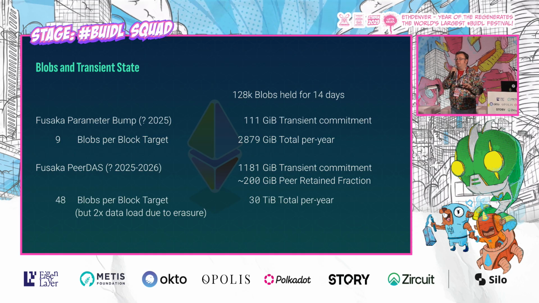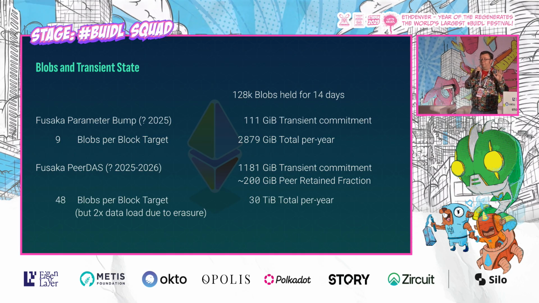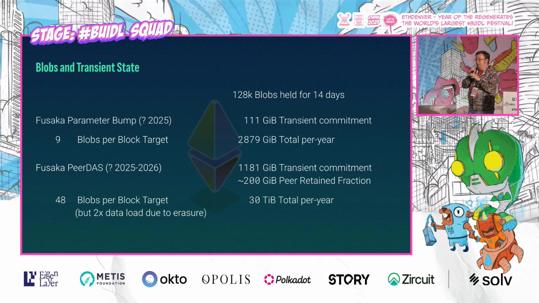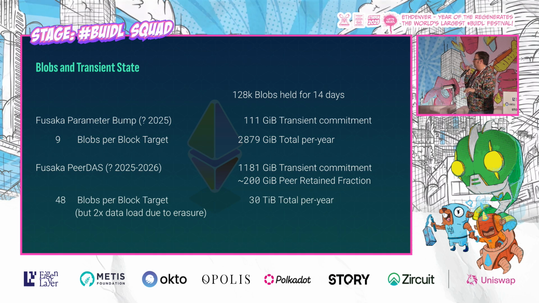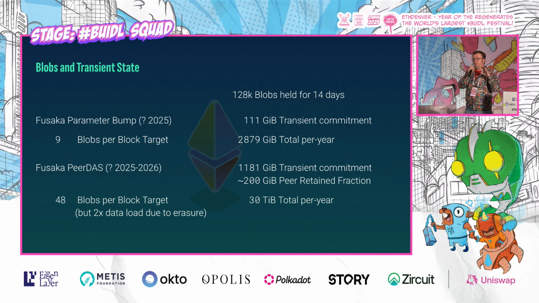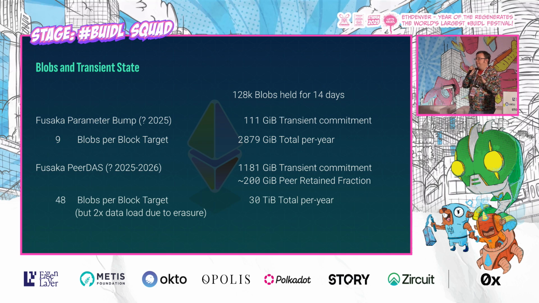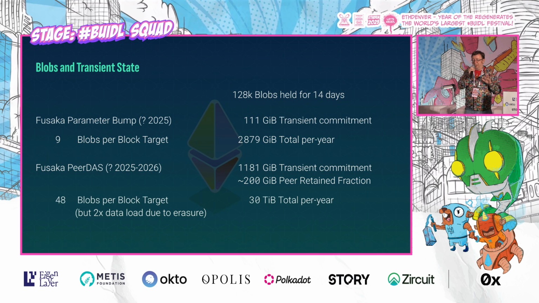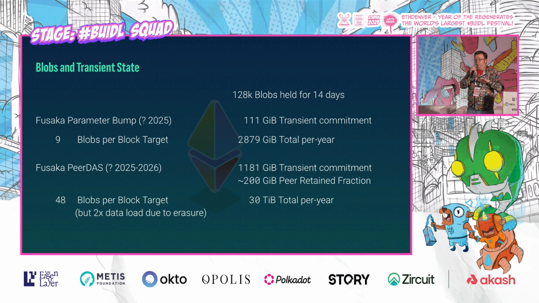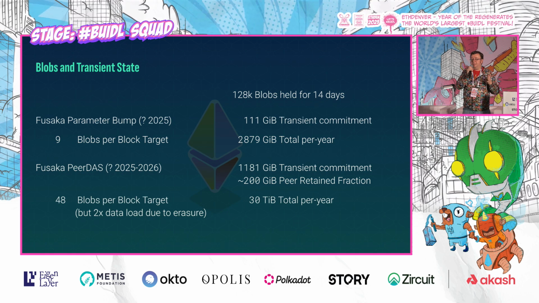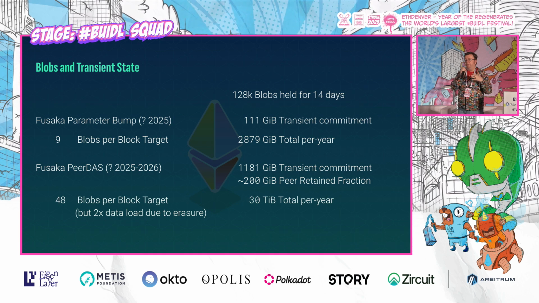And if we do PeerDAS, we can go for a 6x, 8x number, 48 blobs. Now, in some of this math, you'll notice it looks like I'm doing it for 96 blobs, but that's because they do some erasure data, some magical moon math to make sure that it works right, so that you only have to store about 200 gigabytes of data on your block, even though we've gone 8x on it, it only doubles. And so this provides an average throughput of 30 terabytes per year of blob data that can be stored on the layer 2 blockchain.